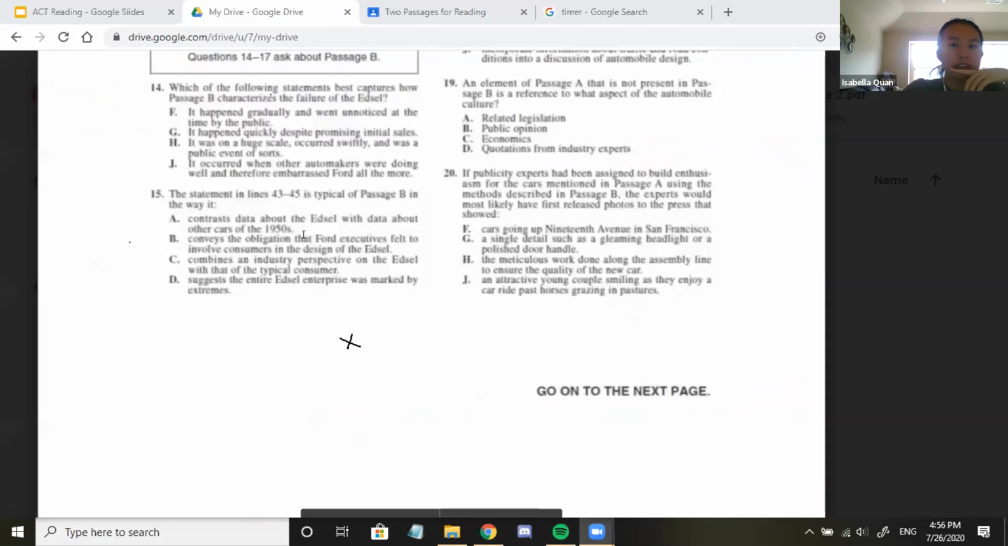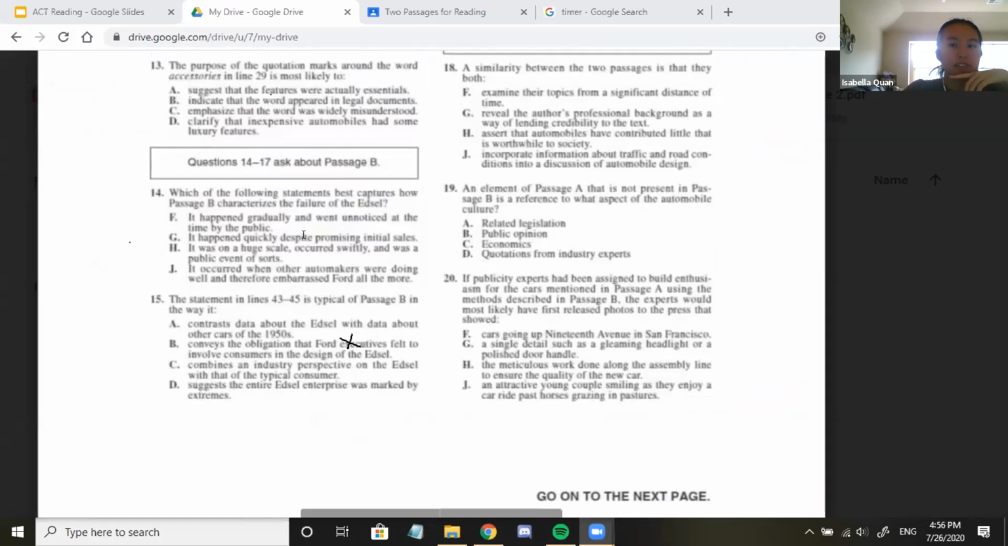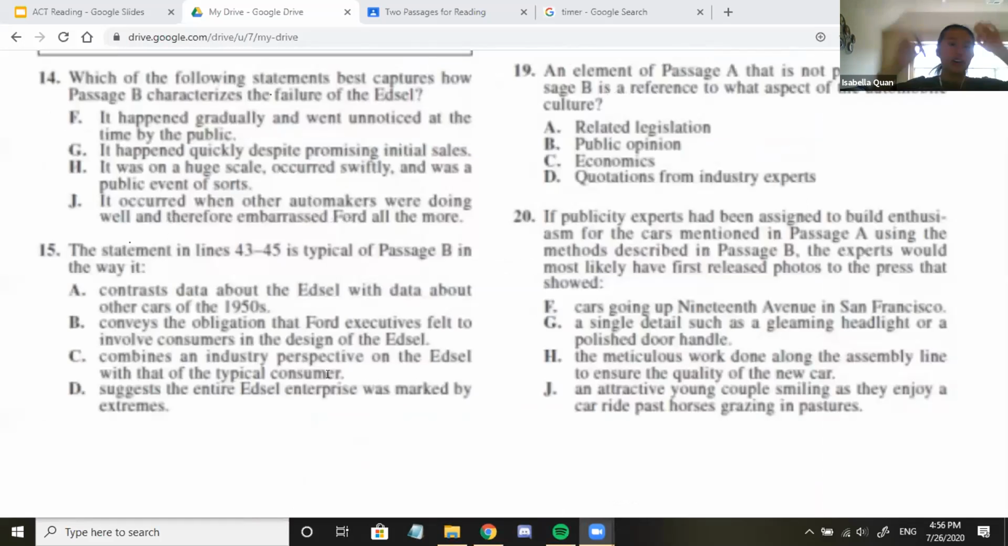And it happened on a very big scale. They kept marketing this massive thing that's going to show up and it's going to be great. And then it was a public event. They even called it E-Day, so it's going to be